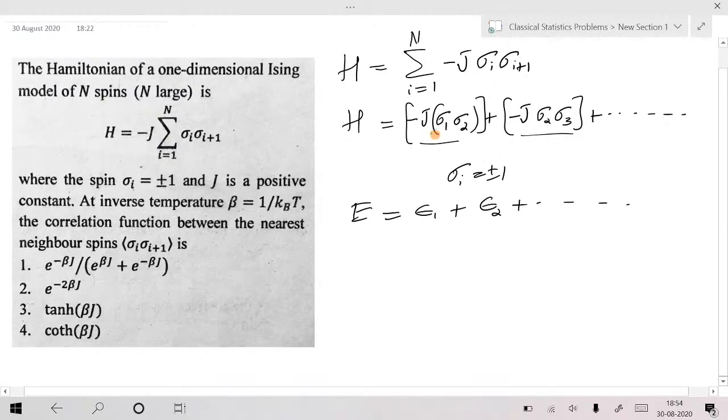Is that okay? Again, this is not the energy corresponding to the first particle or the second particle. This is the interaction energy between the first two particles. This is the interaction energy for the second two particles, like that. Is that okay? Still, I can write my total energy as a sum of these parts, but